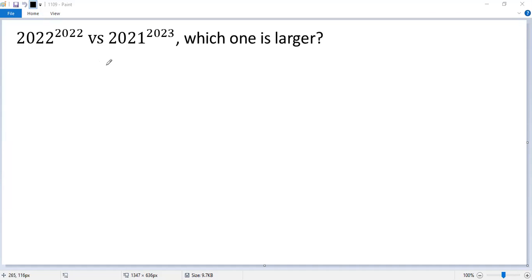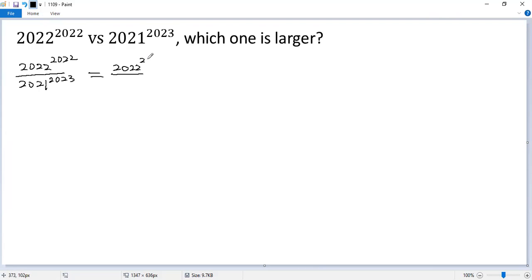To compare the two big numbers, let's consider the quotient. So 2022 to the power of 2022 over 2021 to the power of 2023. We can write as